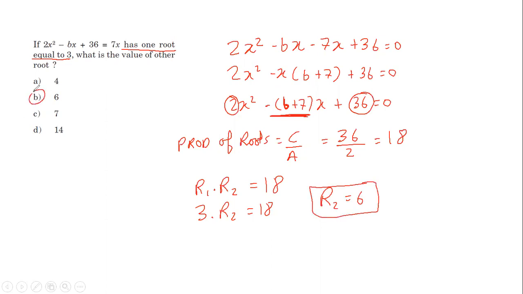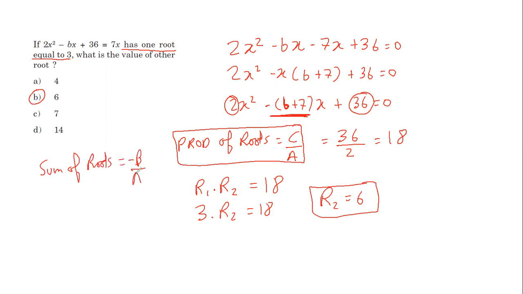So we know the formulas, but students generally don't apply the formulas. So remember guys, apply these formulas wherever you can, which is the product of the roots. Sometimes I might use the formula for the sum of the roots if b and a are provided to me. If the constant is missing, I can still figure out the sum of the roots. So try to apply these formulas wherever possible. I hope guys this is clear, how we solve a quadratic equation by middle term splitting, then by using the formula and the couple of formulas, which are the sum of the roots and the product of the roots.